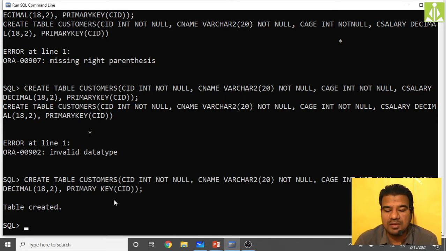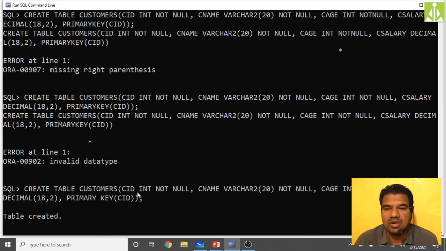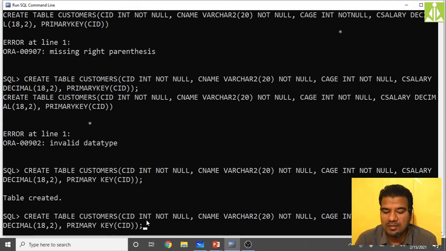So now what will happen? For this CID, customer ID, we are imposing the primary key on only one particular column. Whenever you try to input duplicate values for this CID, you will get an error. Or whenever you try to enforce a null value for the CID, you will get an error. So quickly you see. Can we have more primary keys?